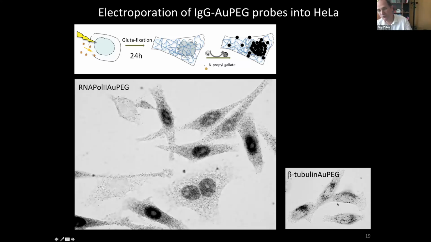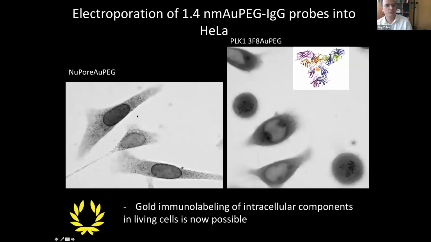If you take beta tubulin, you have an issue. You don't see the tubulin like it should be. This might be explained by the fact that electroporation destroyed the tubulin network, and you might have some trapping of tubulin in degraded versions. And this is with other kinds of antibodies, so you can also